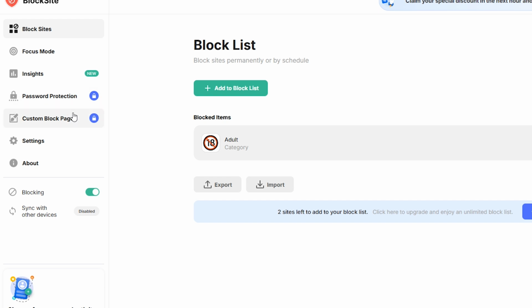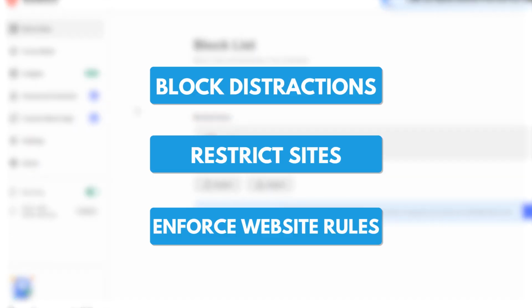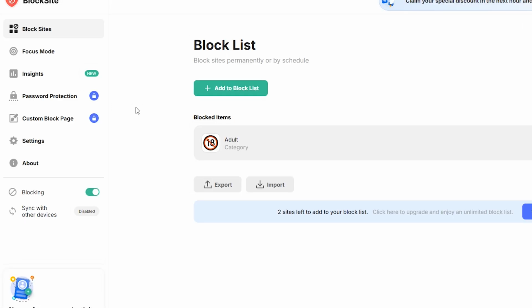This tool is great if you want to block distractions, restrict certain sites for kids, or enforce website rules at schools or workplaces. If you want advanced features like scheduled blocking, custom block pages, or extra security, you can upgrade